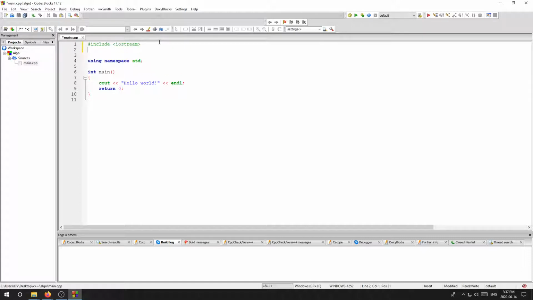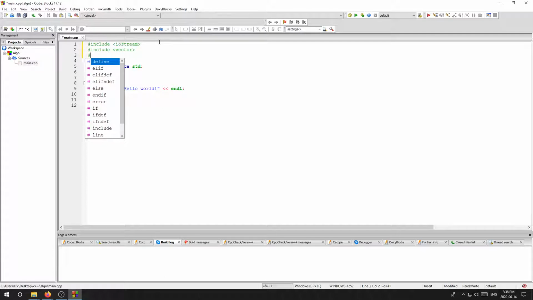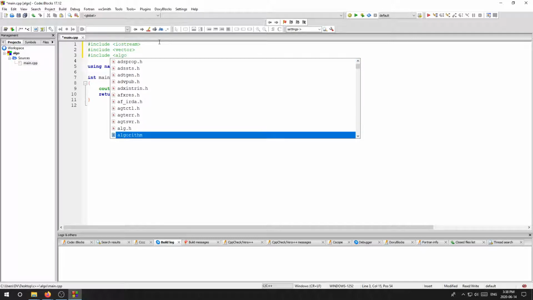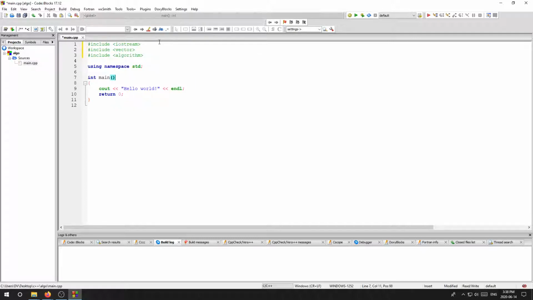The two libraries we want to include are vector, because we're going to take our big lists of numbers and we're going to do stuff on them. And then algorithm as well. And there we go. Okay, so let's make a